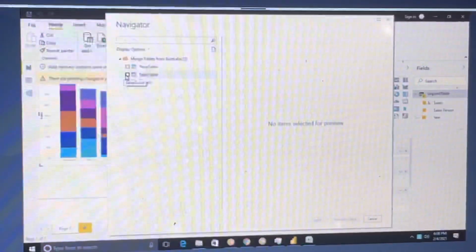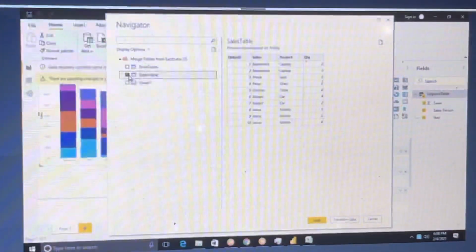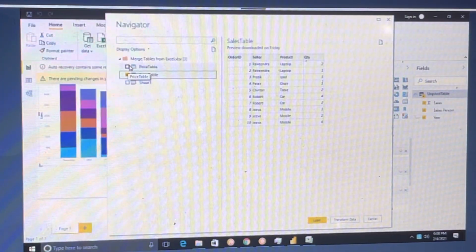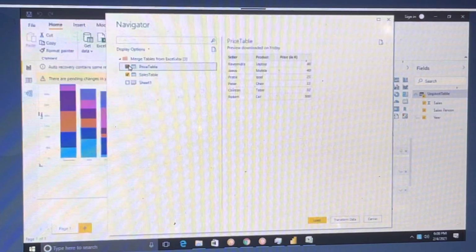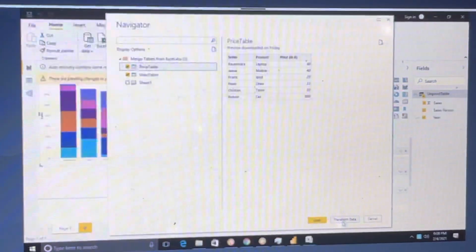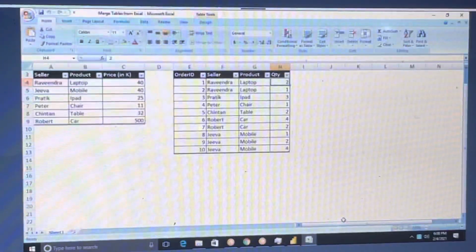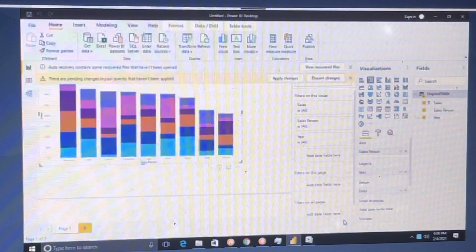Now select that sales data and the price both. Okay, go to transform data. We selected two at once.